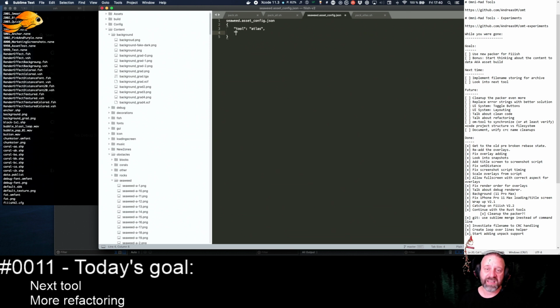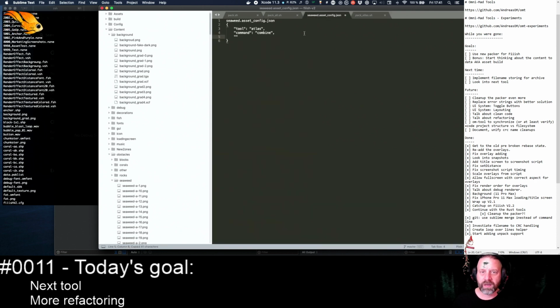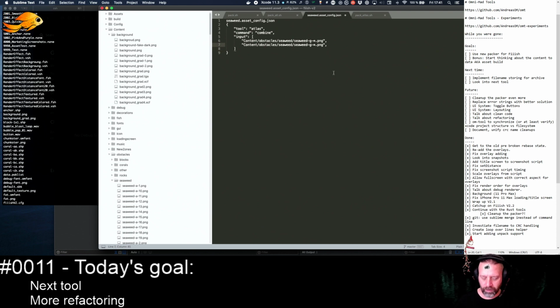Atlas texture Atlas, and the command is combine, and then we just say, okay, and here, by the way, input is this, or actually we say input always is an array, and globs do work, so we could say something like, I'm not so sure yet. So this is in flux, but we could say, okay, basically same as here. So a G to A go in there,